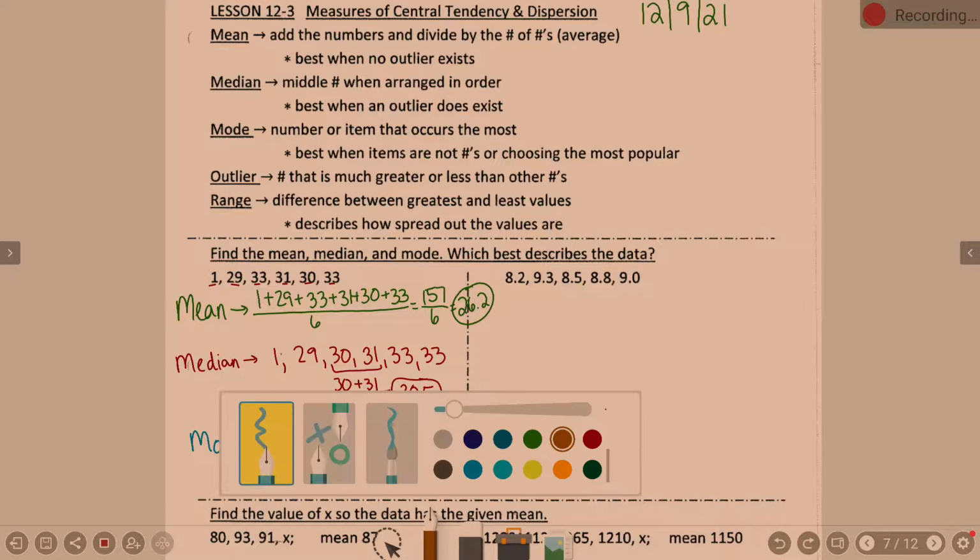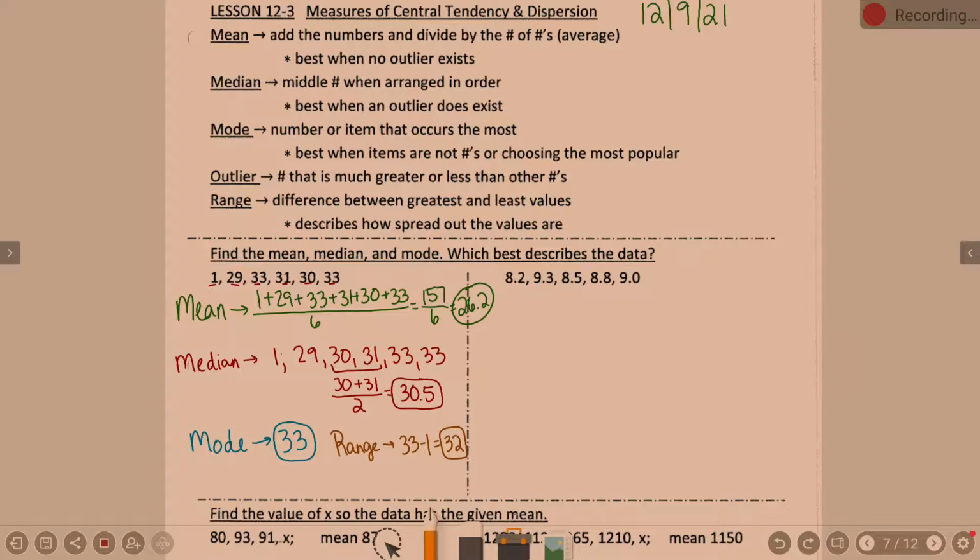Okay, one last question. Which measure best describes the data? Well, so here's the question. Is there an outlier? Okay. So is there an outlier? Median. Yeah, because that one right there is an